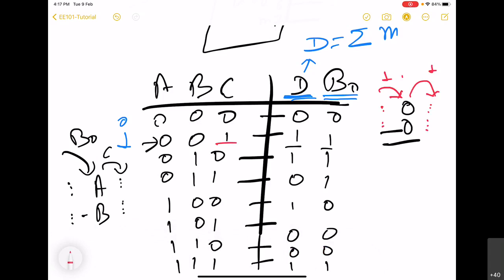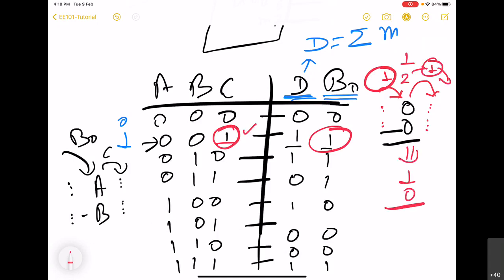So what it will require is to first take one borrow from the left side. And when it takes one borrow, this becomes momentarily 2. And from this 2, it gives 1. So it finally becomes 1. That is why you can see that this C is here. And because to execute C, it had to take one borrow from its left side, that is why B naught is 1. And then ultimately 0 minus 0 gets transformed to 1 minus 0. So here obviously the answer is going to be 1, and that is why we have 1 here. So this is the interpretation of all these 4 letters.